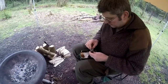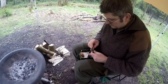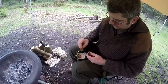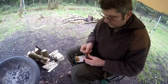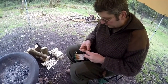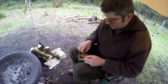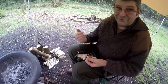But there you go. So you find yourself a nice sharp edge that'll still produce spark. Now, this is amadou. Again, it's the fungus. You take your amadou, and this will take the lightest, weakest spark you can imagine. I'm going to break off a piece of it because we don't need a big chunk. There we go. You want to be frugal because this stuff is expensive if you buy it,